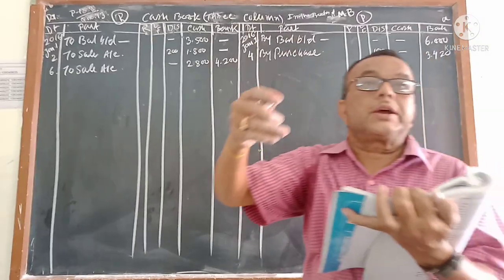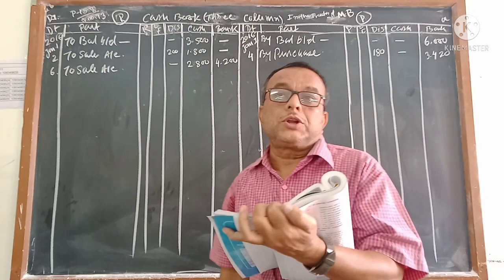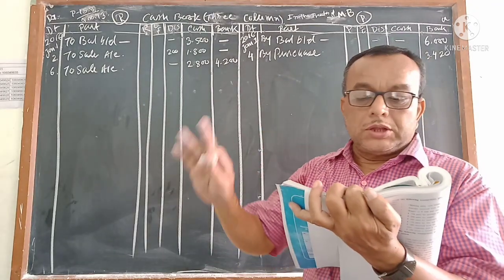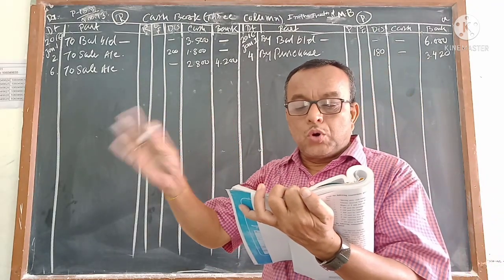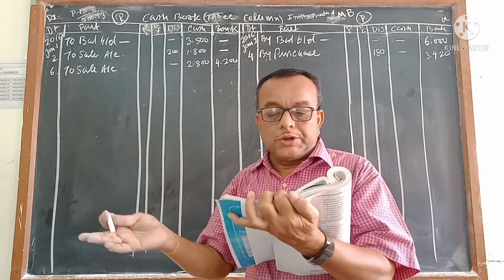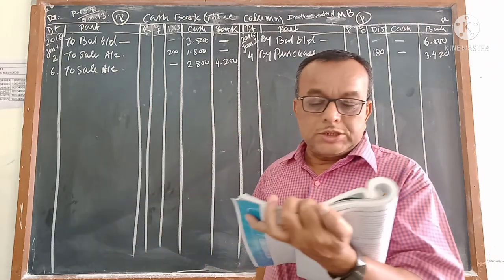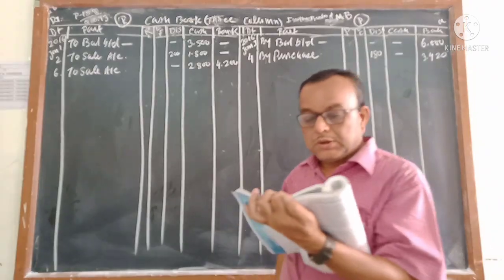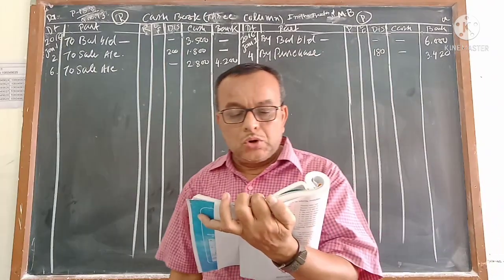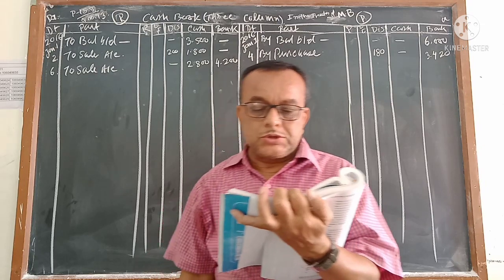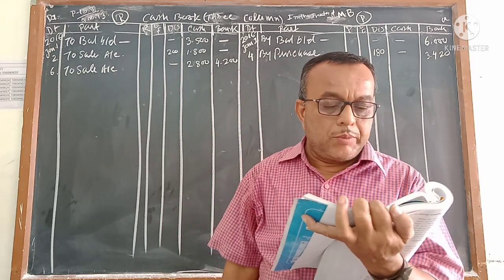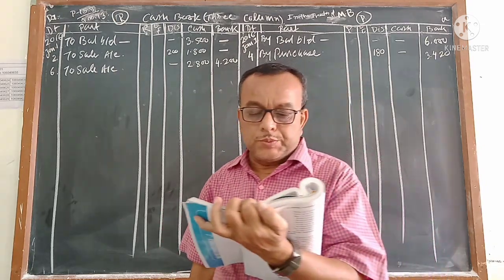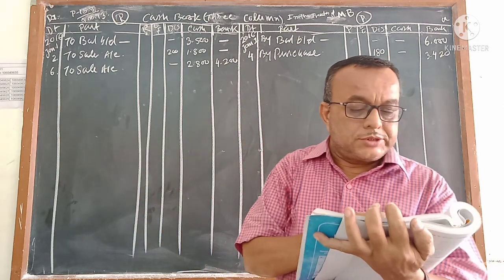Generally you take the calculator and calculate how 40% comes. What I have done: 40% means 4 into 7 thousand, 4 sevens 28, so 2800. 60% means 6 into 7 thousand, which is coming 4200. So goods 7000 sold to Ami, and Ami paid 40% amount by cash, and the remaining amount by check, and check is deposited in the bank. Number 6 is over.